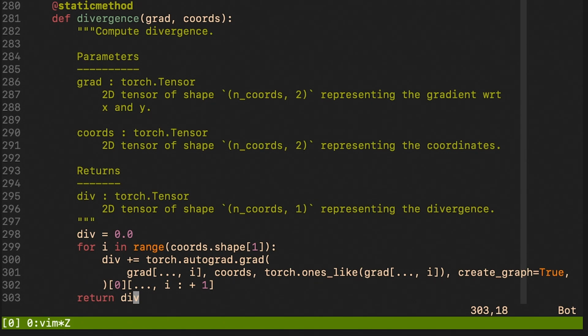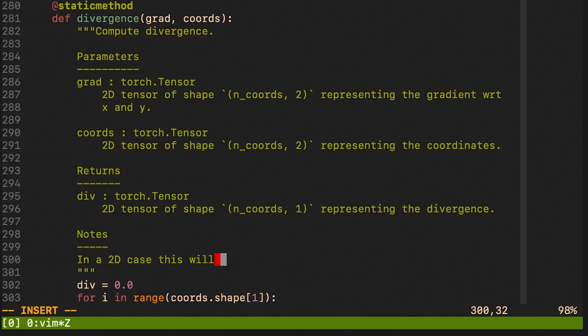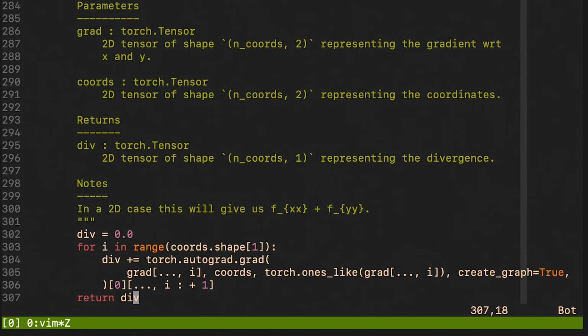Alright, so what is different here is that the input is already a gradient, and here we want to compute the second order partial derivatives and only sum up those that are not mixed. So let me just maybe add a note here. And now we just put everything together to get the Laplace operator.